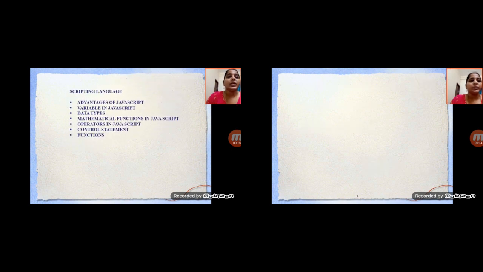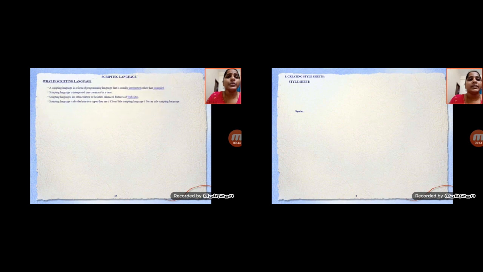Today I am going to discuss BSc 6th semester Web Technologies. In this I am going to discuss these topics: creating style sheets, embedded style sheets, types of selectors, CSS properties and values, classes, and layers in DHTML. One by one I will discuss these things, starting with how to create a style sheet.